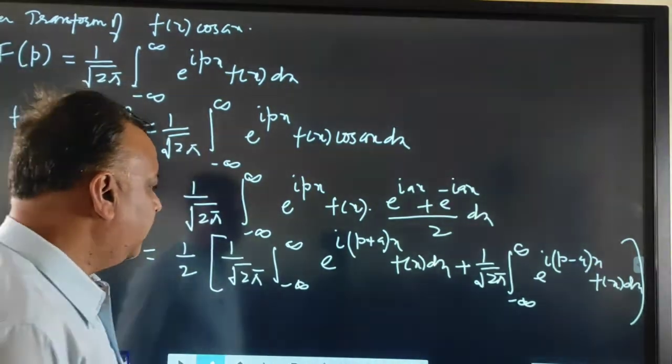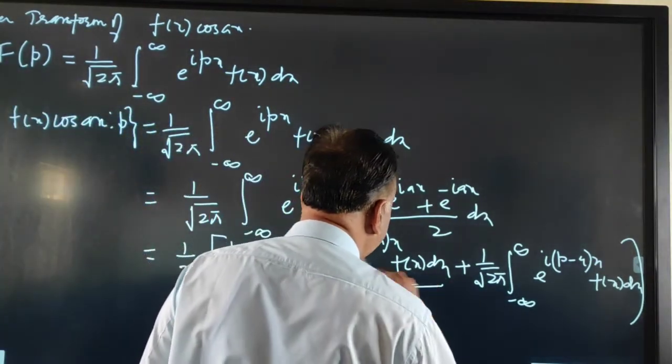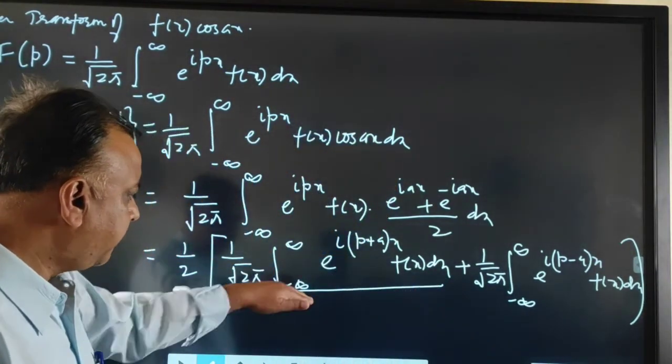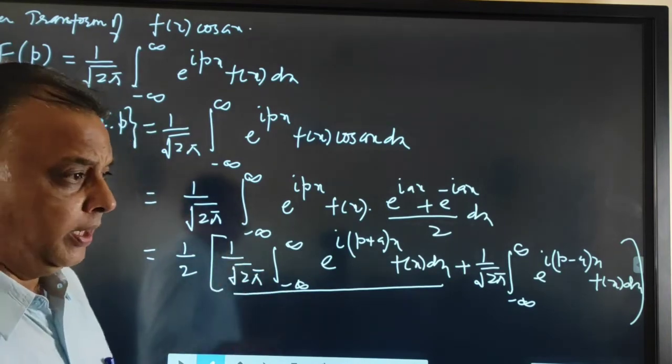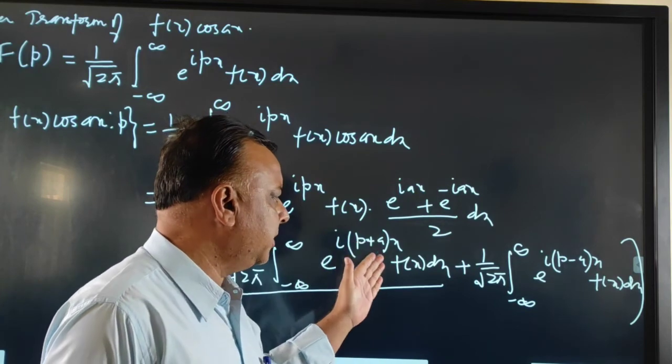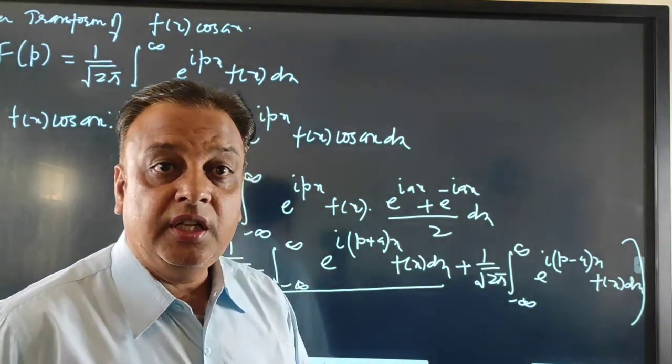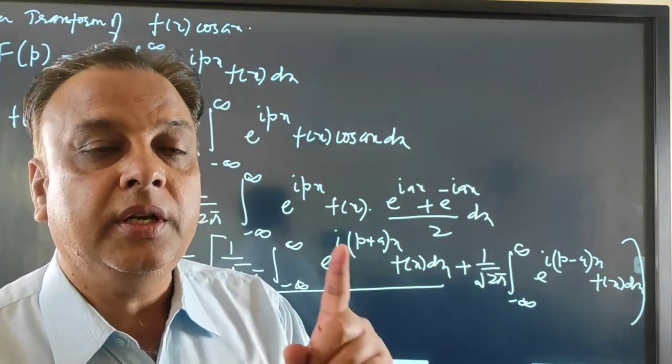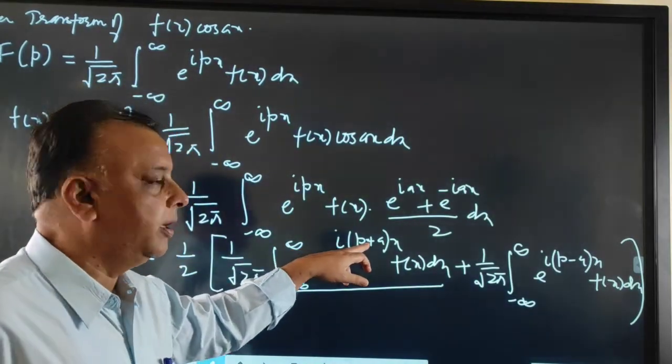As we see, in the integrals under the parentheses, the first is 1 upon root 2 pi integral from minus infinity to infinity e raised to iota (p plus a) x f(x) dx. This is the Fourier transformation of the function f(x) with respect to the parameter p plus